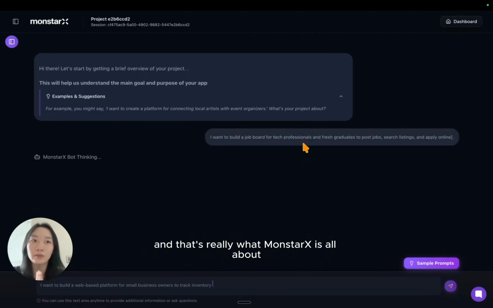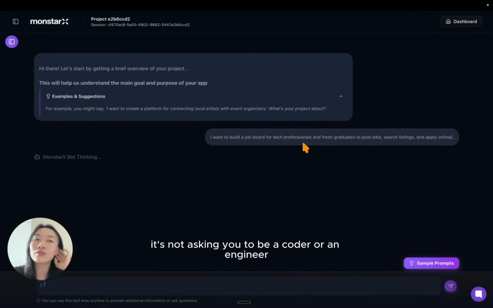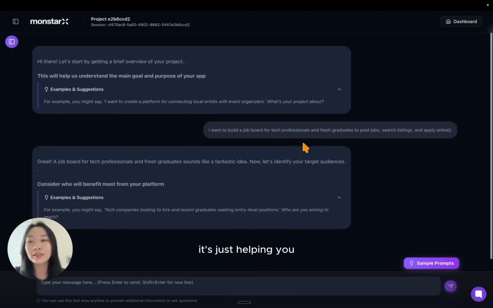And that's really what MonstarX is all about. It's not asking you to be a coder or an engineer. It's just helping you tell a clear story about what you want to build, giving you examples based on the